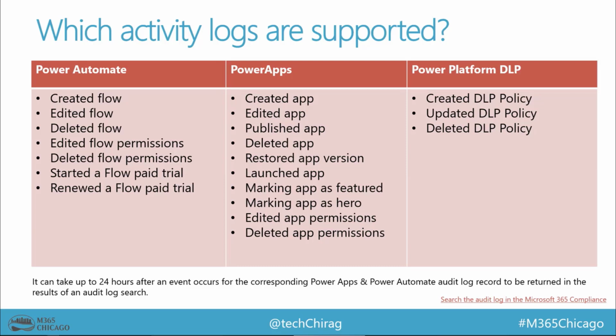But just to show you that a lot of these events that happen within Power Apps and Power Automate can take up to 24 hours before that entry is recorded. Unlike things like Teams or SharePoint audit logs, which tend to happen almost every half an hour, if you like. So, if you look at the audit log itself, so if I go back to my